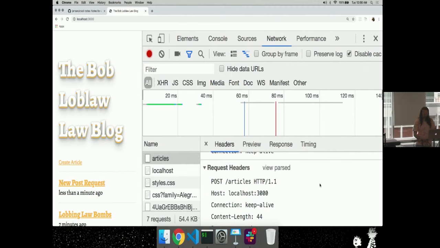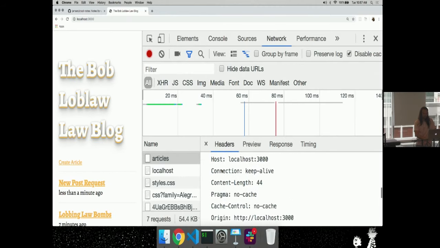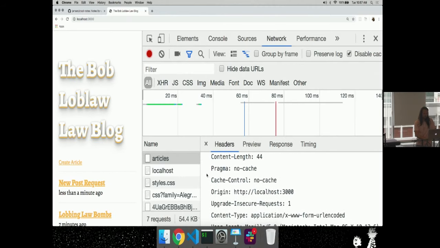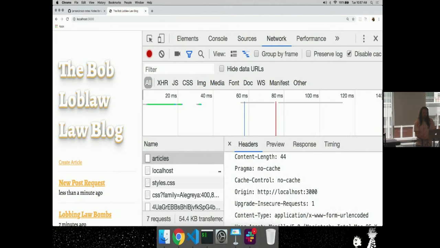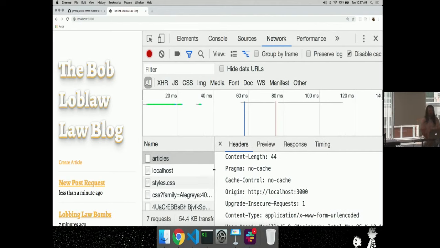So if we create a new post and then get redirected to the homepage, then the location will be in the header, right? That's right. The location is in the header of this response. What if we just visit the homepage directly? In the header there will not be such a location. So if we redirect to the homepage, and if we visit the homepage directly, the header part can be different.